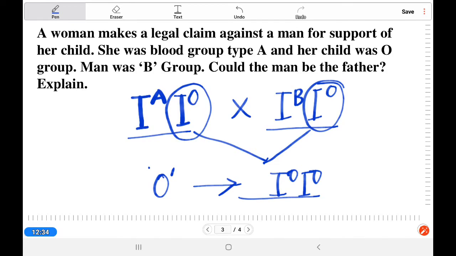Okay. So in this type of sum, you have to explain. That explanation is required. Do not leave it as only the skeleton type. You have to write more and explain why homozygous A group and homozygous B group combined cannot produce the child, and in which case it is possible for the man to be the father. All right, so in this way you have to do it.